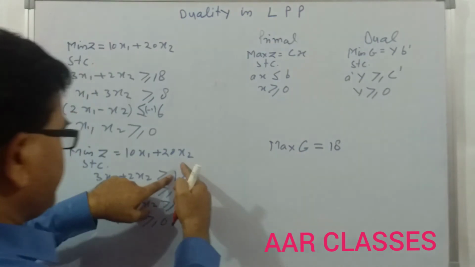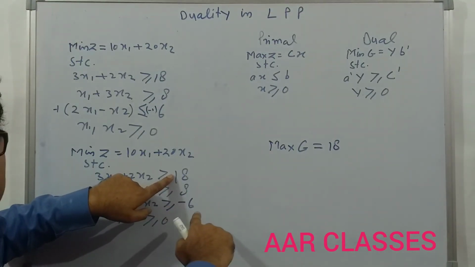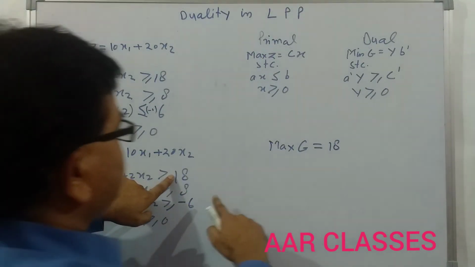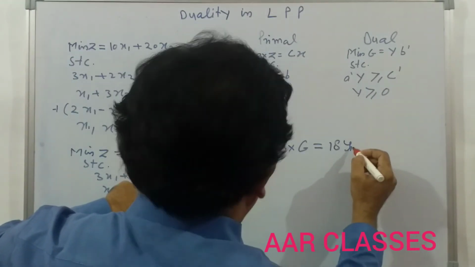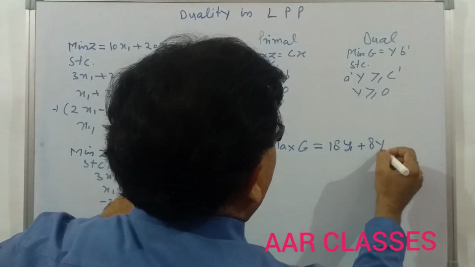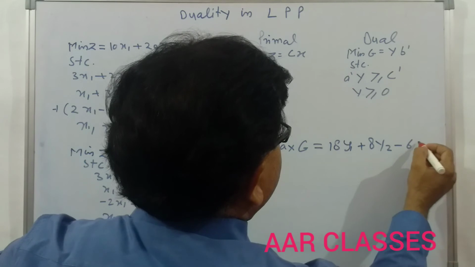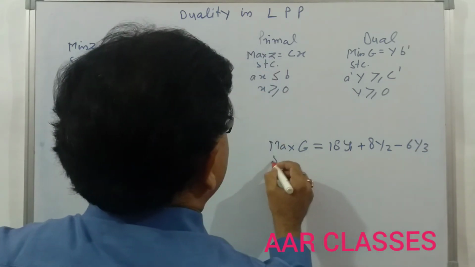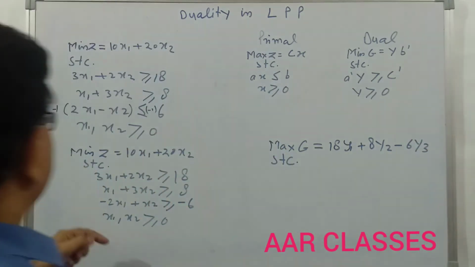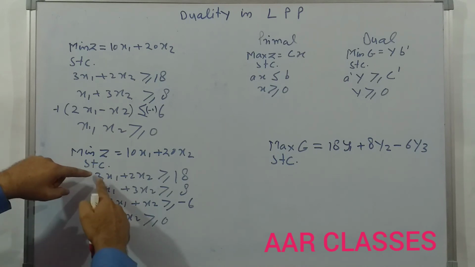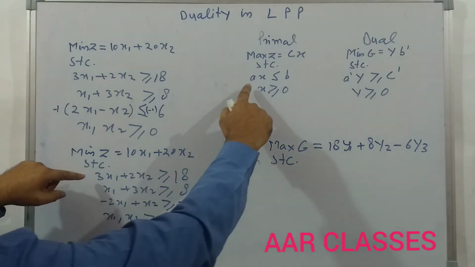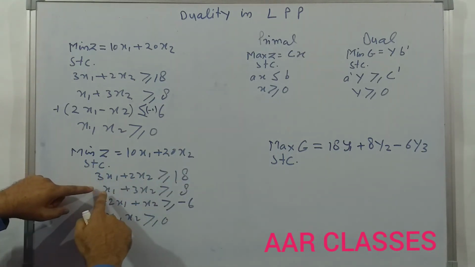Now ये जो b column matrix है ये रो इसका ट्रांसपोज होगा b dash, so that is 18y1 plus 8y2 minus 6y3 subject to constraints. अब यहां पर जो हमारा मैट्रिक्स है A, दैट इज 3 2 लाइक दैट,